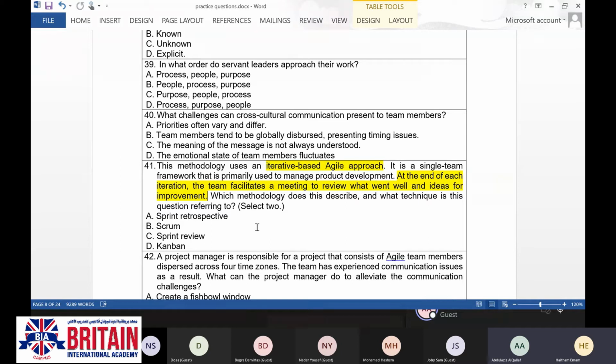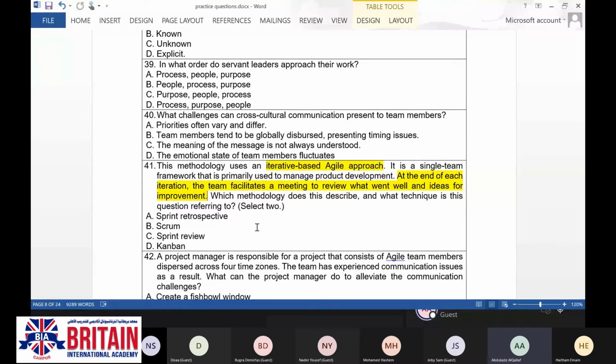And why have you not selected sprint review? It's not sprint review because it's iteration. And even in the iteration, sprint review is there. So why have you selected the sprint retrospective and not the sprint review? Because sprint retrospective is like lessons learned, and a sprint review is reviewing the process that already had been done.